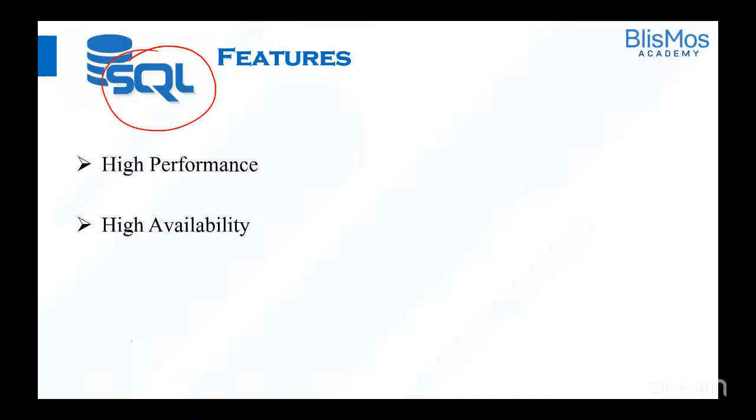Okay, so whenever any business wants a database where we can store and process the data, there should be a way to retrieve the data. That is where SQL comes into the picture. Now, high availability means you will be able to access the data all the time, except whenever the RDBMS goes down. It is highly available all the time, available to retrieve the data.